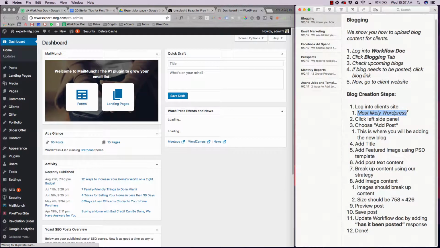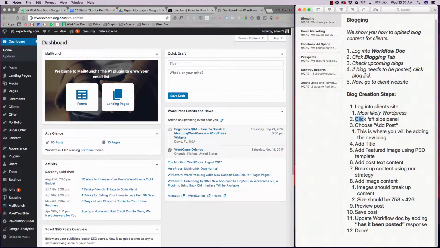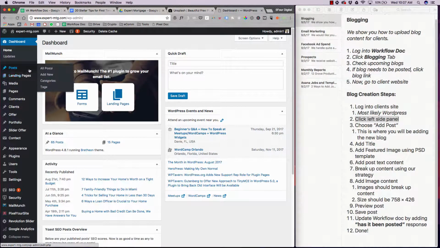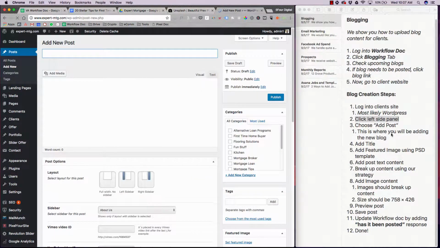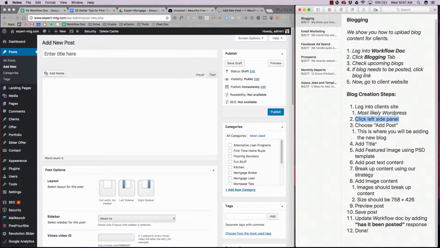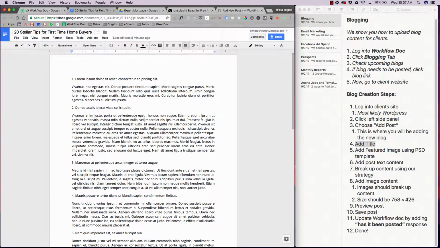As you can see, it says most likely WordPress here. Next, you're going to click the left side panel and hit Posts, Add New. This is where you'll be adding the new blog. First things first, add title, right? So just grab the title from here,